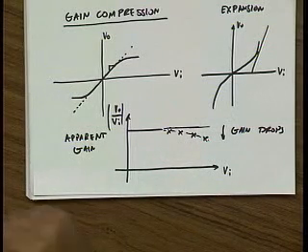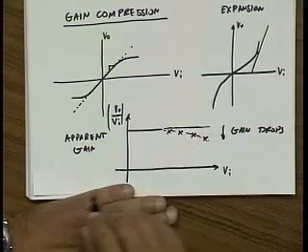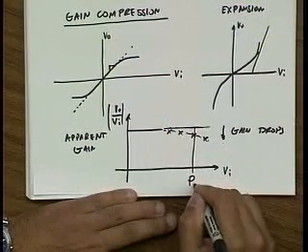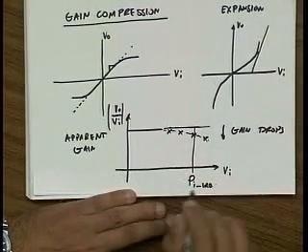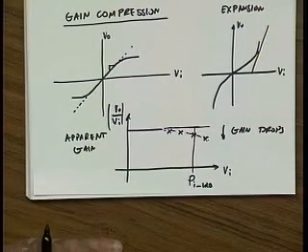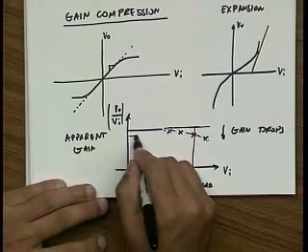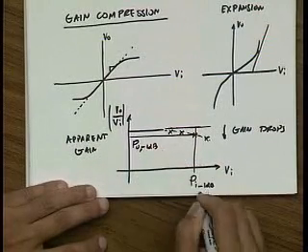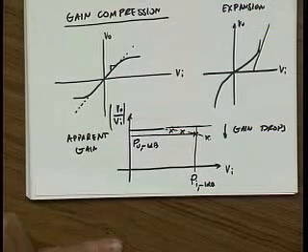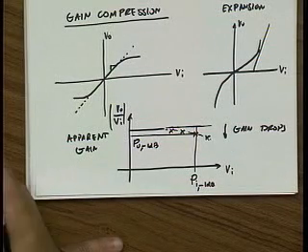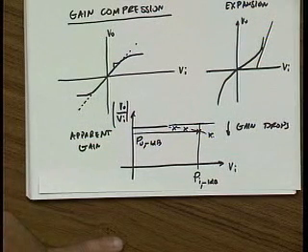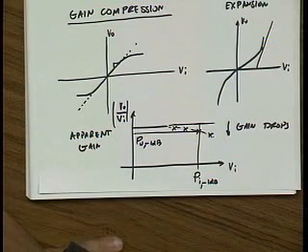Okay. Now what's interesting is if you find the point at which the gain has dropped by 1 dB, we call that the input 1 dB compression point, P input minus 1 dB. And likewise on the output, we could call this P out minus 1 dB. And this is a very useful number. If somebody tells you I have 2 amplifiers and one has a 1 dB compression point of 5 dBm and the other is 0 dBm and you need lots of power, obviously you would choose the one that has the higher